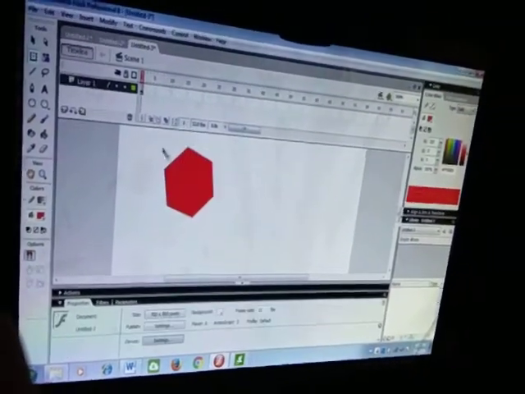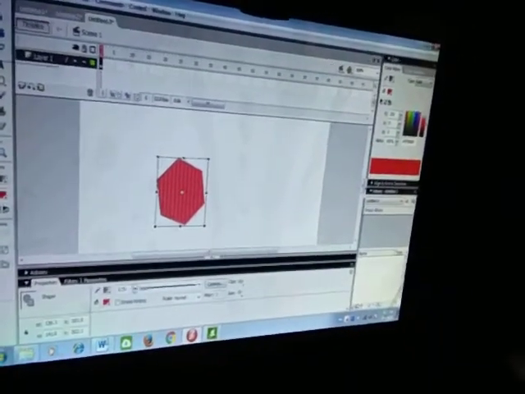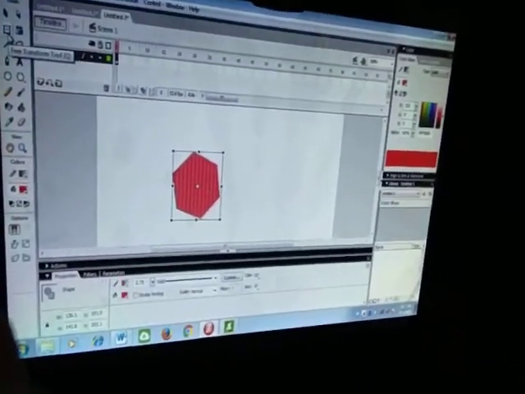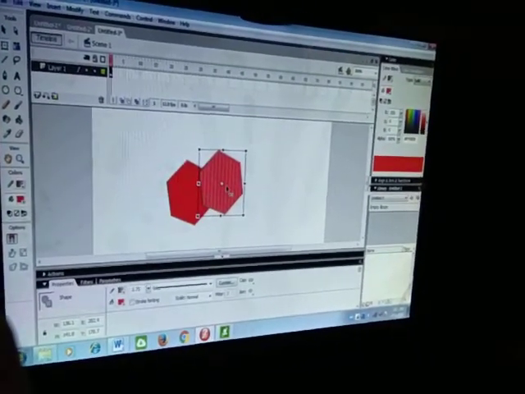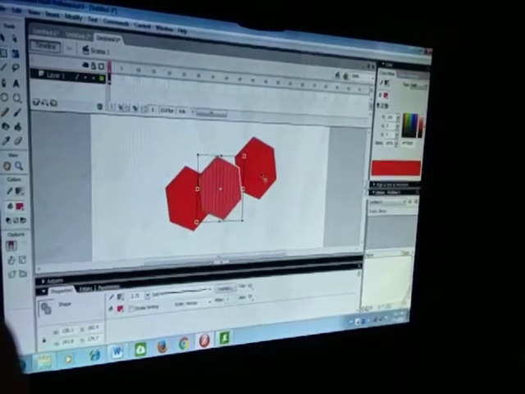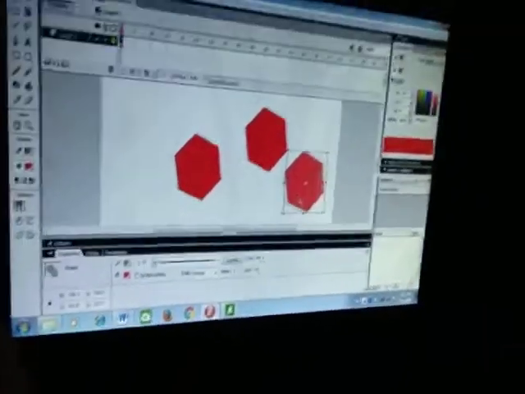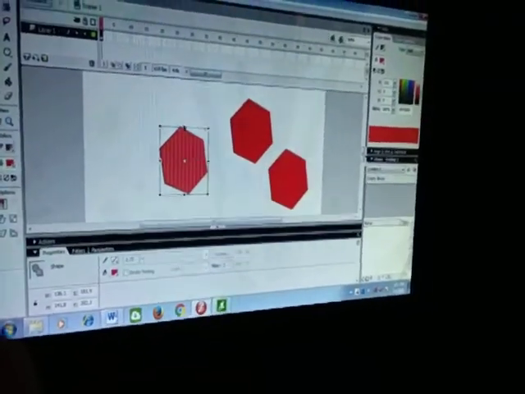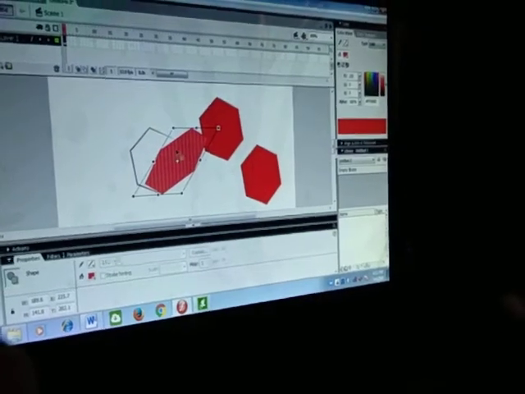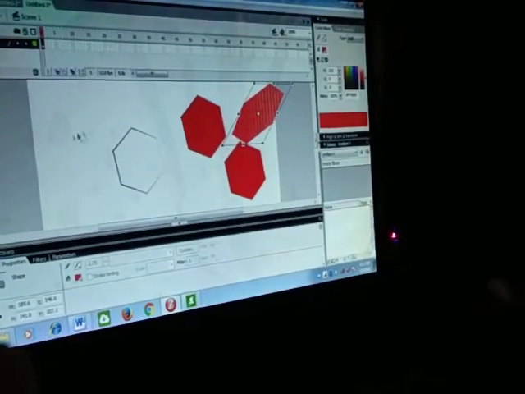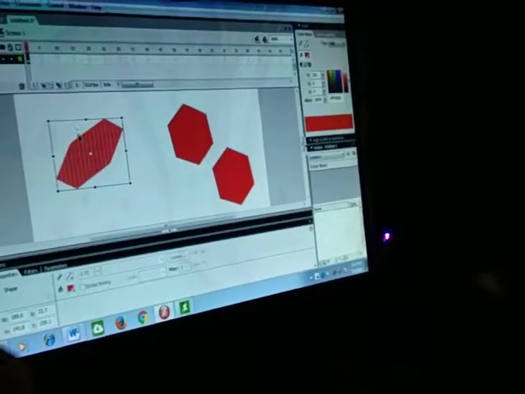It has been changed. Now my dear students, I have selected what is known as the free transform tool. With the help of this free transform tool I can copy and paste again and again. So you can see that I have changed. With the help of this tool I can manage my image in this way. You can see I am removing this outline and bringing it over here.